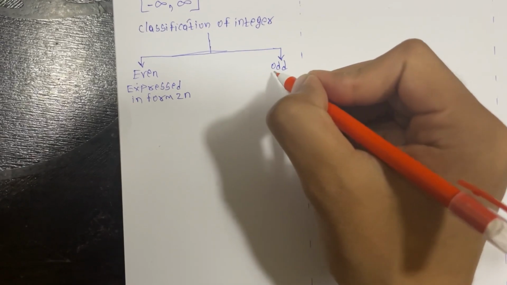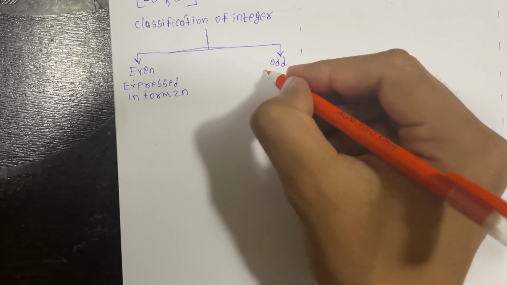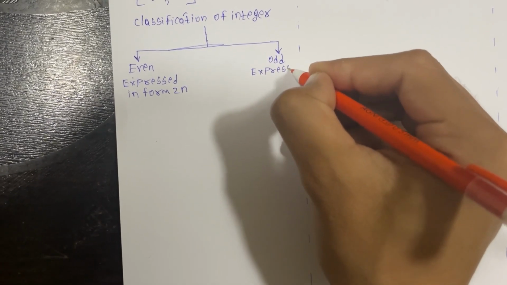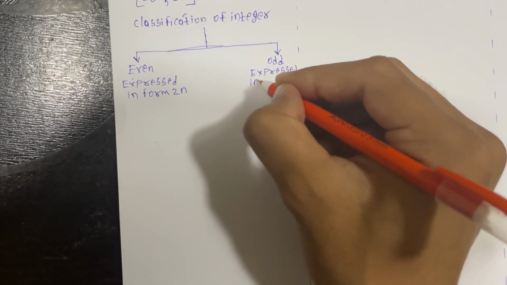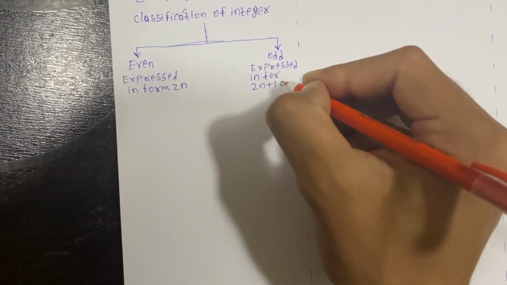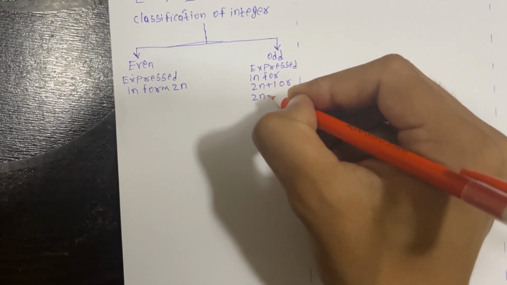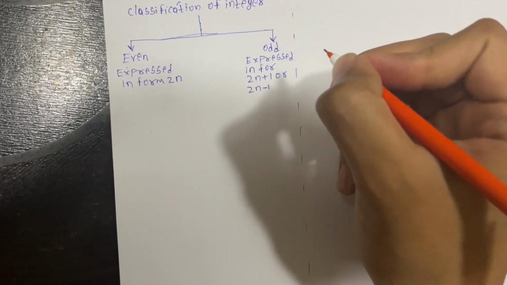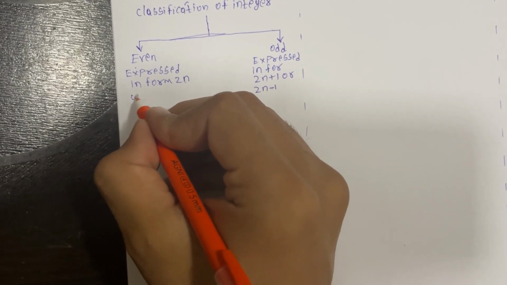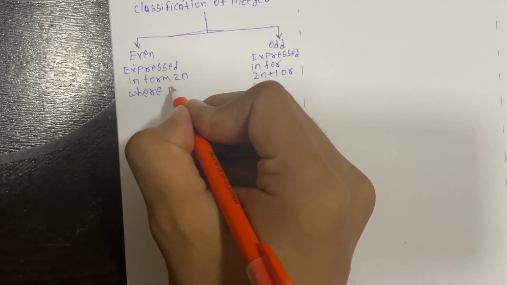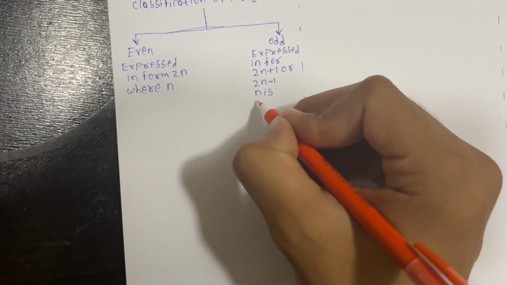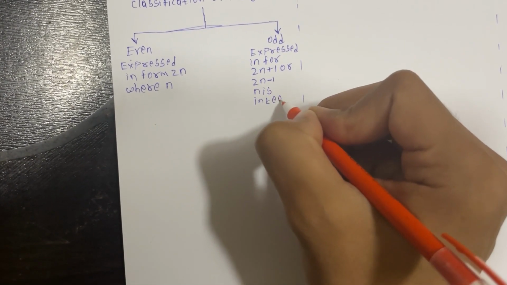And what are odd integers? So odd integers are integers which are expressed in form 2n plus 1 or 2n minus 1. In both the cases where n is integer, here also n is integer. Okay,